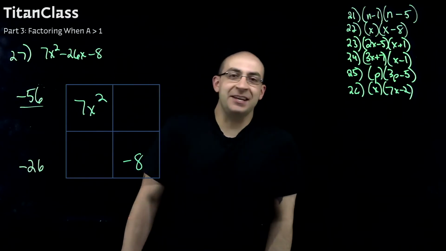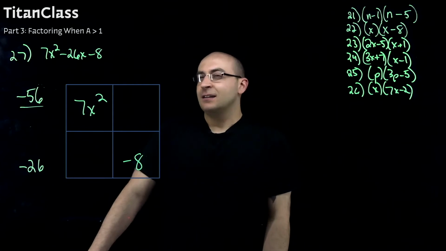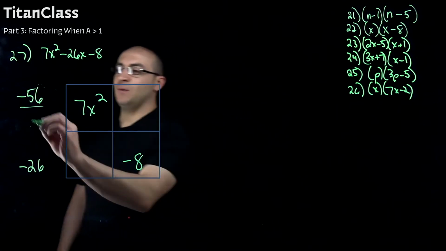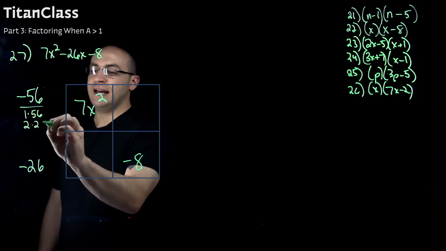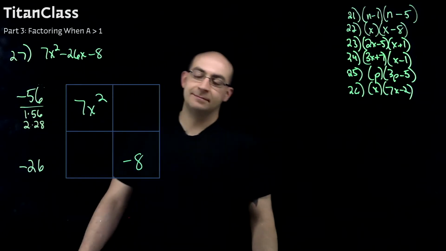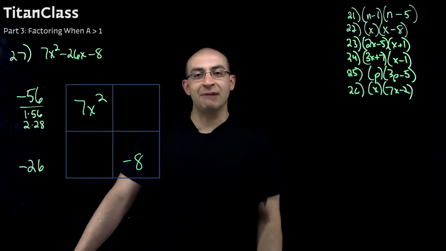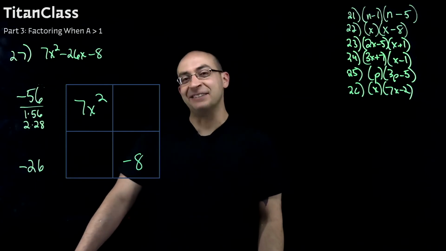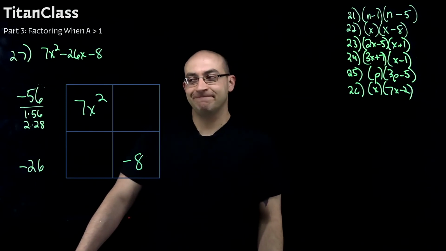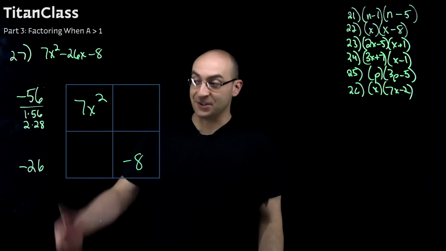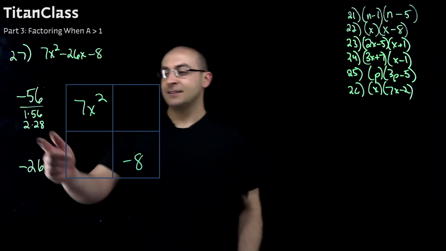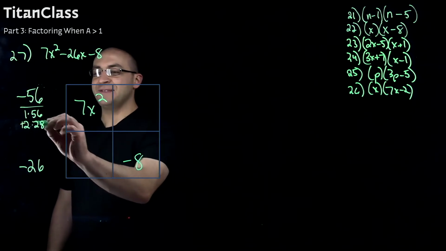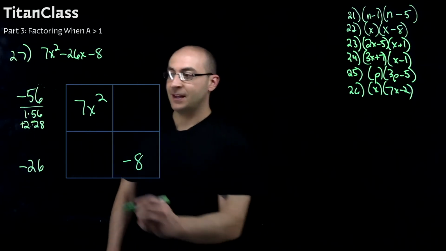7 times negative 8 is negative 56. Minus 26. Could be bad. Okay, this is a stinky one. Let's write the factors out. 1 and 56. 2 and 28. You know, sometimes you're going to be writing the factors out and you're going to do just what I did right now. You're going to stop because you realize that you got it. How weird. So I've got a negative 28 and a positive 2. We just ran into that one. So let's go